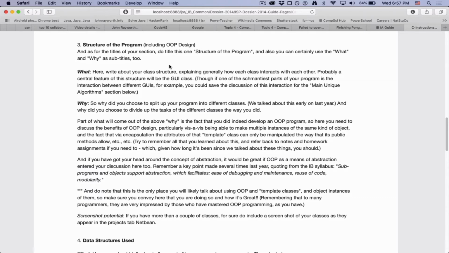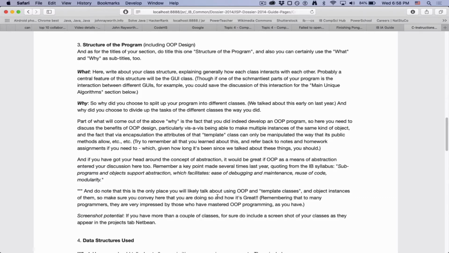And most people would choose to do OOP, but you did it for the first time in a big program. You did OOP. Why did you do OOP? You did OOP because of abstraction. You did OOP because of easier debugging through abstraction. You did OOP because it has encapsulation and protects the attributes of the classes that you're making instances of, and